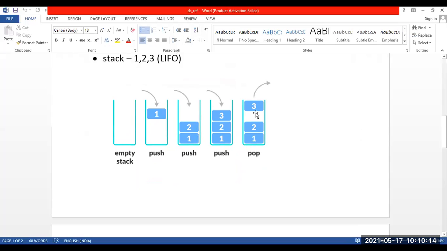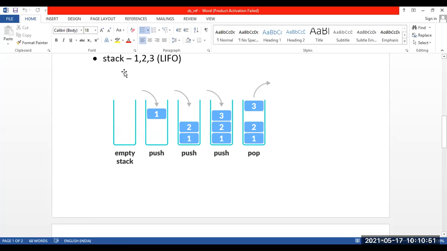This portion that you can see displayed on the screen is a representation of a stack. A stack is usually represented in this manner. The first one, you can see, is the empty stack. It is shown like this. Now the top portion you see is open. It is not closed, but have a look at the bottom portion here. The bottom portion of the stack is closed. So this portion where it is open is called the top of the stack. And remember, the top of the stack is open and the bottom is closed.